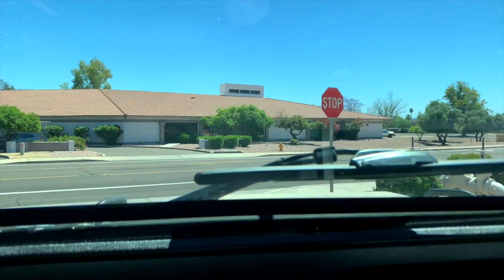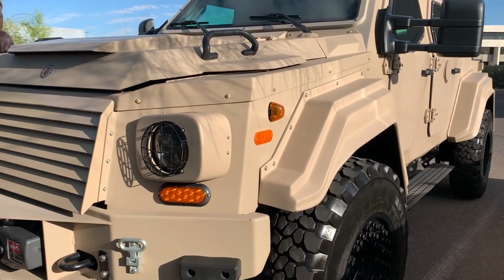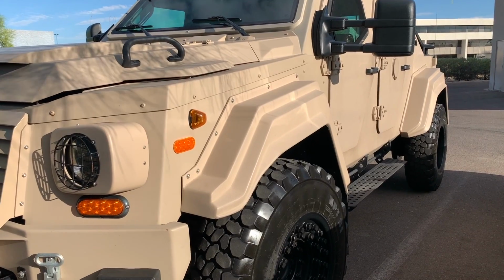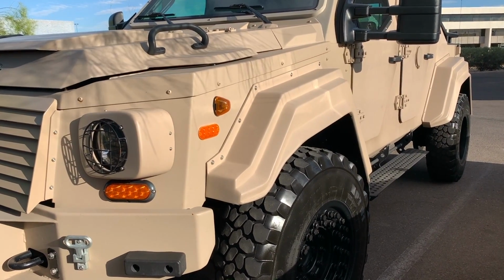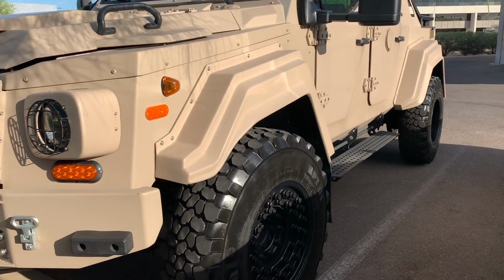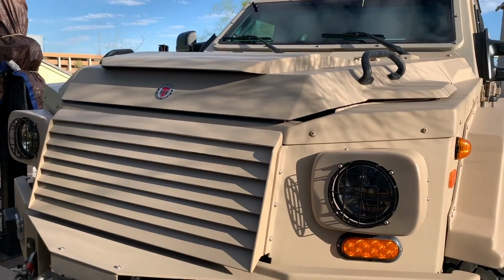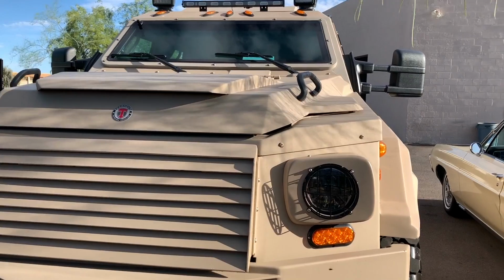So here you go. That's a full report on this Terradyne Gurkha. I want to add that this truck was actually featured in the latest RoboCop movie. And this is serial number 1 of 2 built to this level. Another interesting fact: the body is made of ballistic steel, which can take multiple hits of any type of weapon in the same location without compromising the passengers in the interior. And it takes several hours of plasma cutter to even breach the interior of this truck. So it's pretty